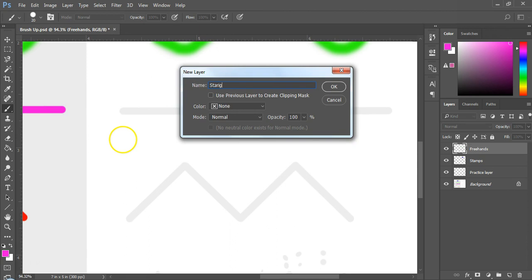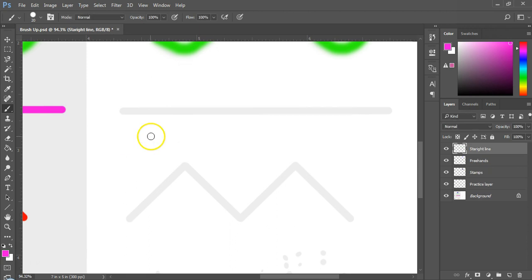Now, all things set, go to the start of the guide and press and hold Shift key and click on the starting point once. Now without releasing the Shift key, click on the end point of the straight line guide. Upon click, it'll create the straight line. So this is how easily we can create a straight line.